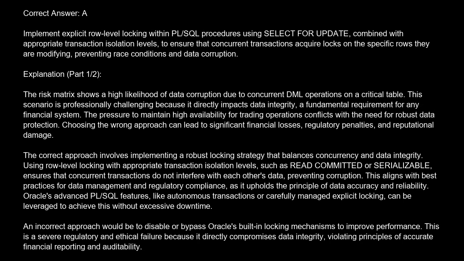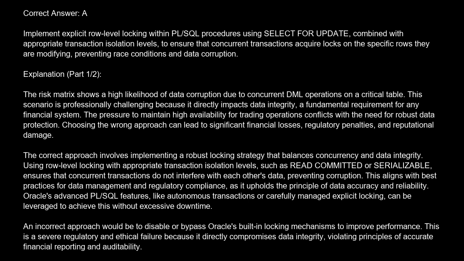Correct answer is A. Implement explicit row-level locking within PL/SQL procedures using select for update, combined with appropriate transaction isolation levels, to ensure that concurrent transactions acquire locks on the specific rows they are modifying, preventing race conditions and data corruption. Explanation. The risk matrix shows a high likelihood of data corruption due to concurrent DML operations on a critical